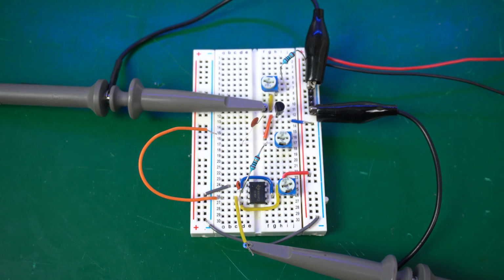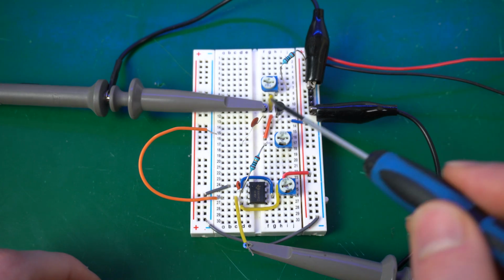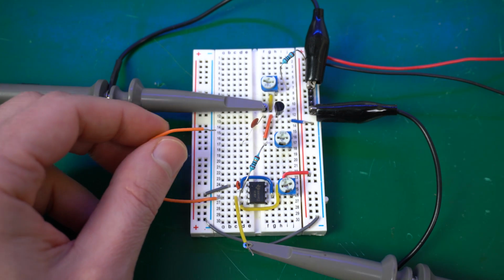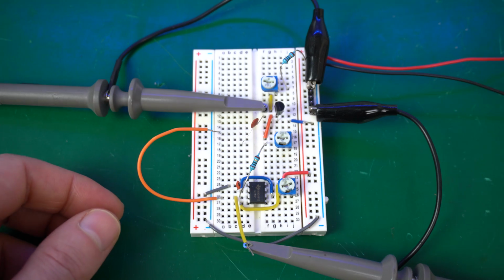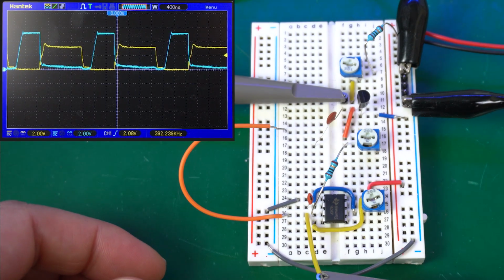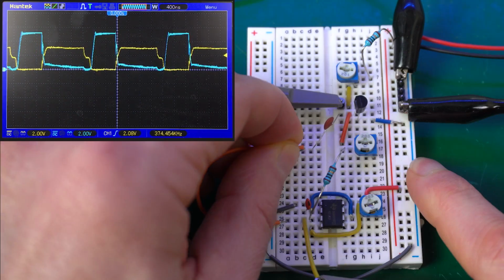Could it really be this simple? To see if it really makes a difference, I've added the capacitor across the resistor, but it's not fully hooked up yet. To close the circuit, I need to connect that orange wire. So with it off, we see the ugly blue signal just like before, and then when I connect the orange wire,